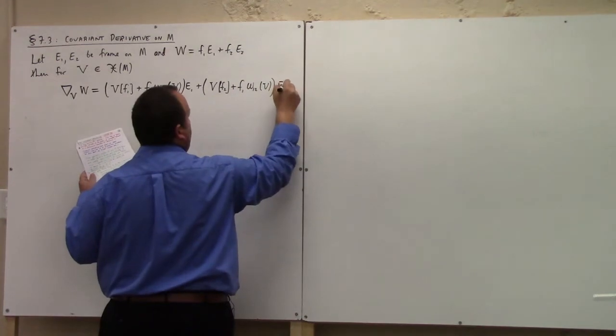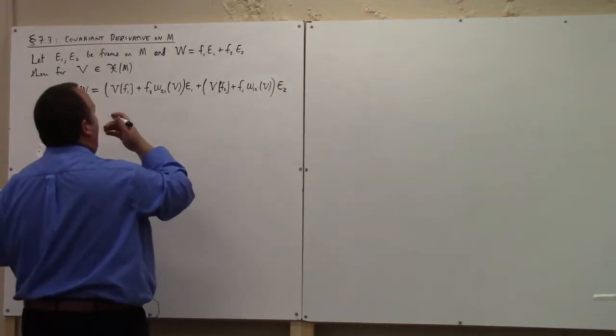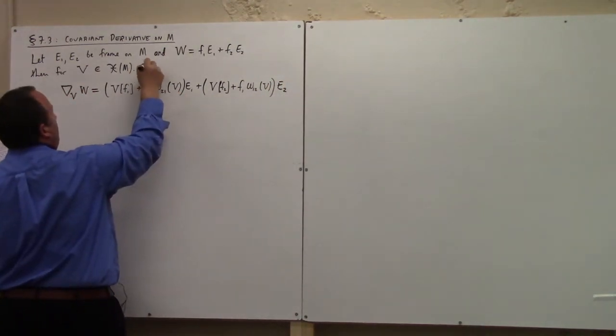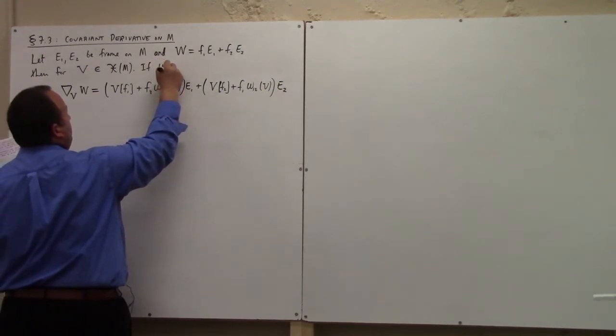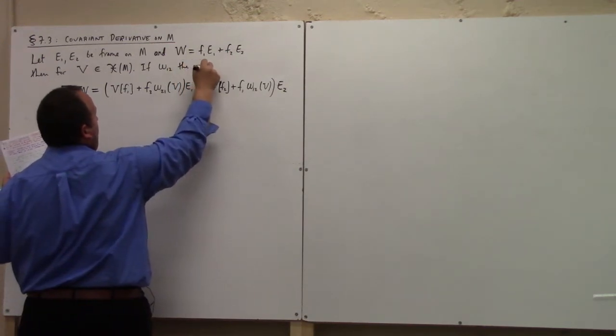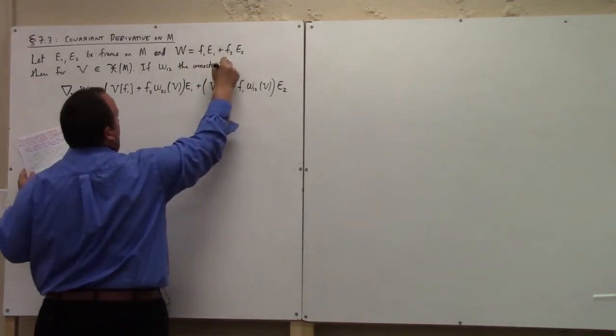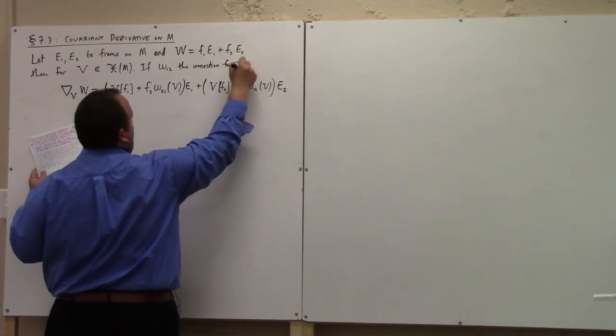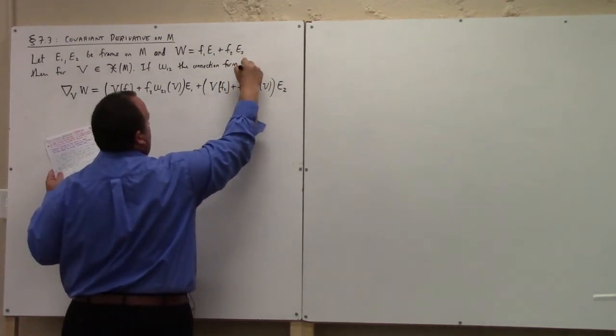Now here, omega 1(2) is the connection form given by